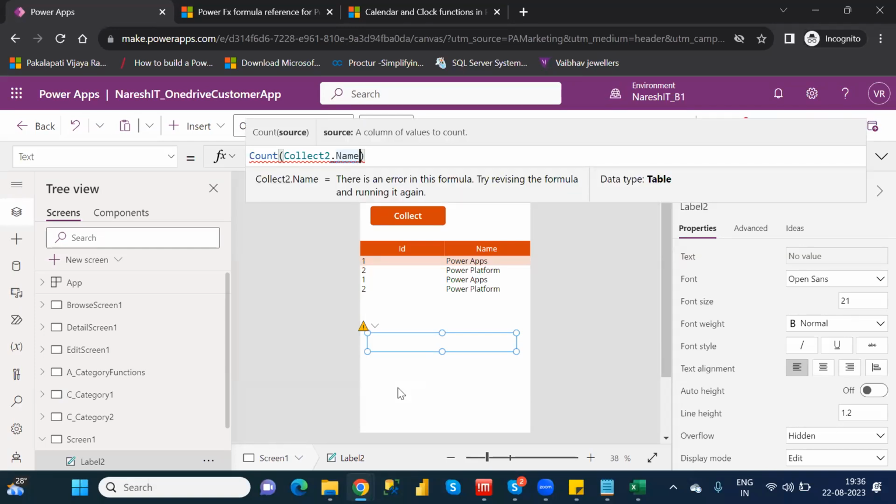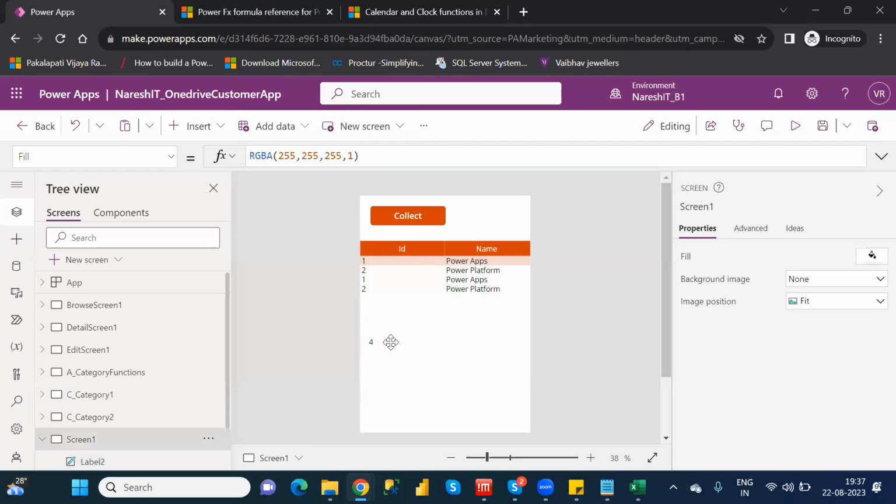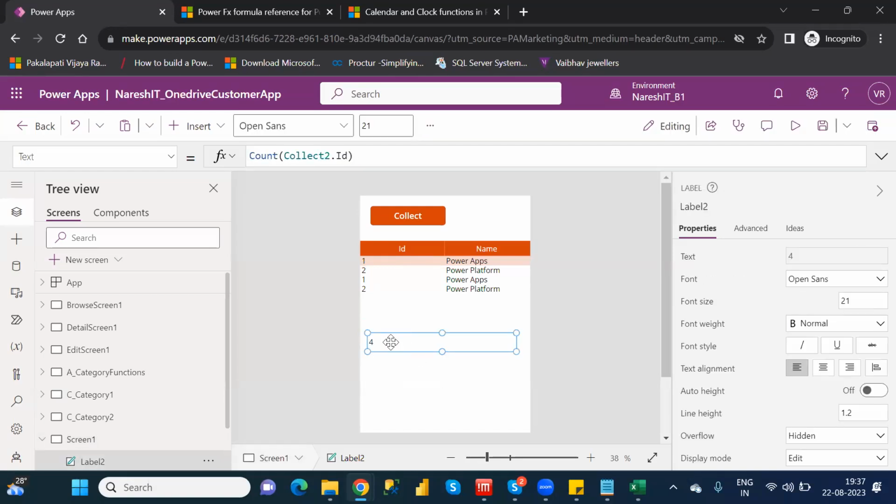Vijay, I want to pass a name related column. Okay, then what you have to do? Name related column I need to pass. Then you have different options, right? CountRows is there, and CountIf is also there. Those related columns you have to pass into that particular one. Understand clearly or not? Is it clear or not? Yes. Okay. Another one is